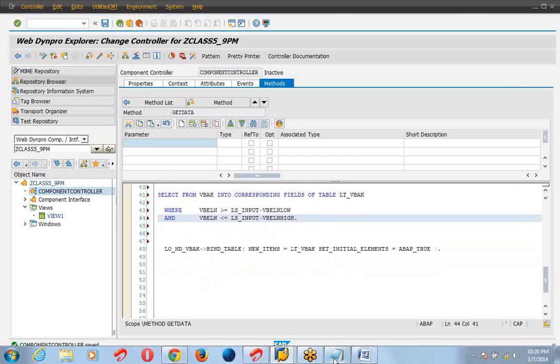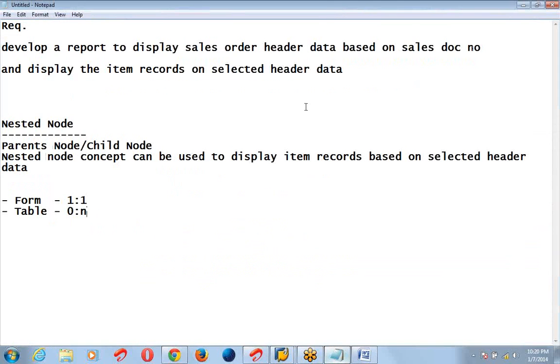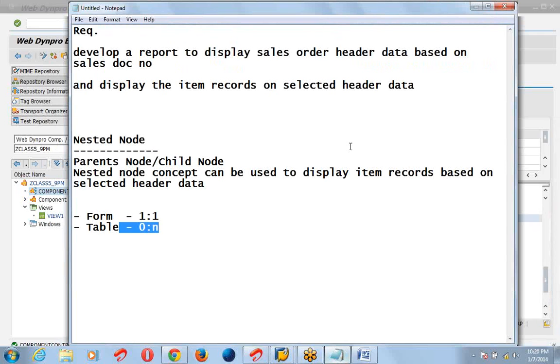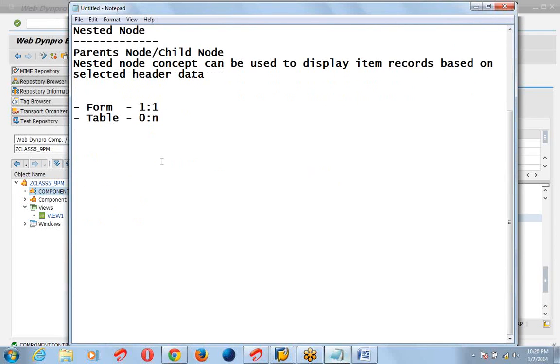One other concept for this requirement, one important concept: the supply function. What is the role of the supply function?